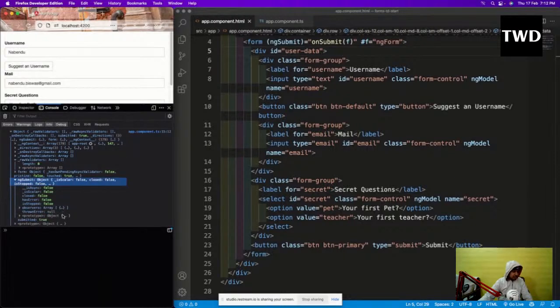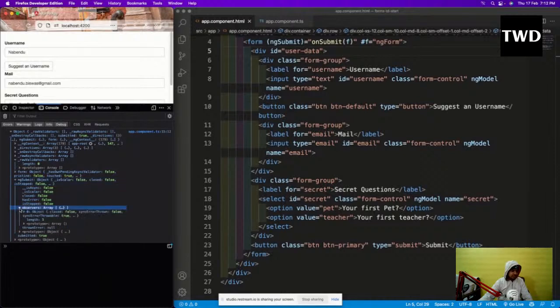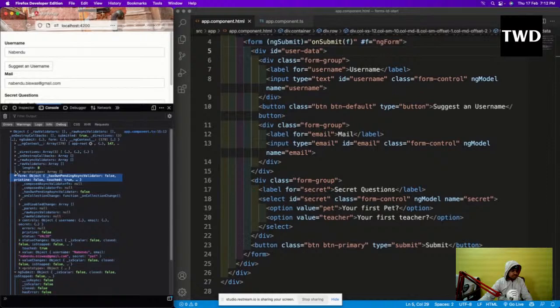We have a value here somewhere, right? I'm not getting where the value is. Okay, here the value is there. See, inside this form, the value is this object, and it is coming perfectly. So this is a way to get all the data, and we can do anything after this.